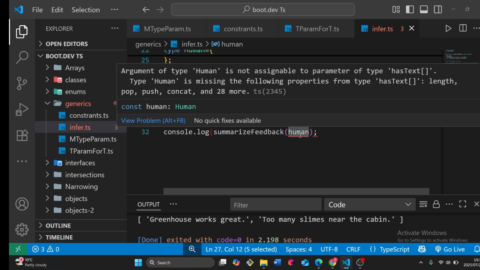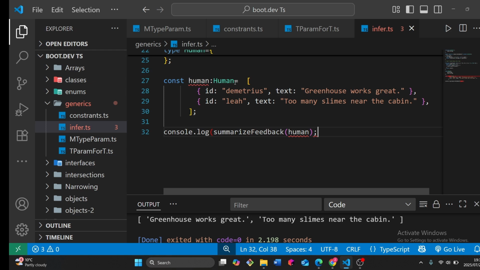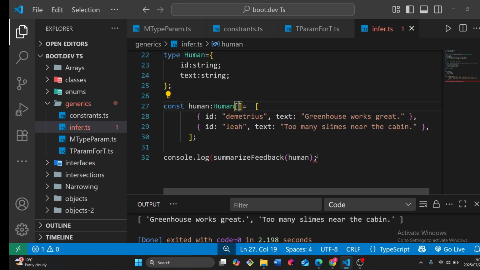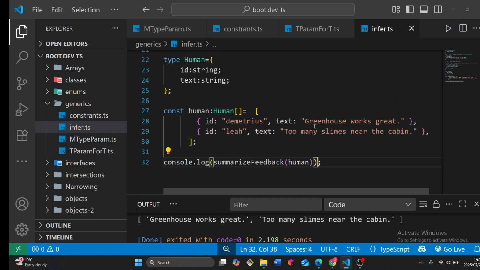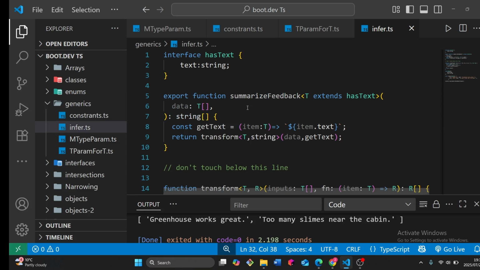Human is not assignable to type parameter type. Okay, yeah, so it's an array of humans. So we're just missing that. Yeah. So we'll do it like this, and then when we go infer, we'd say this is an